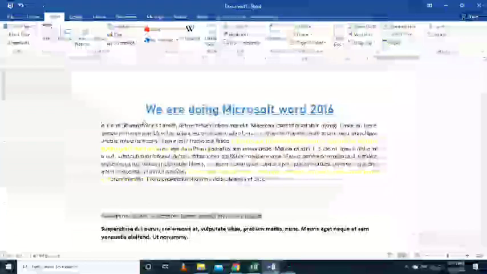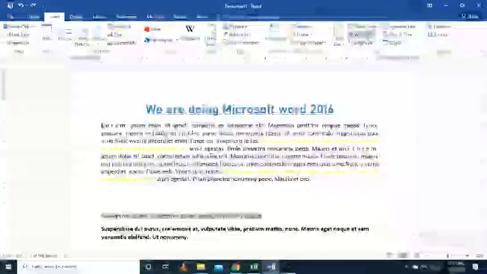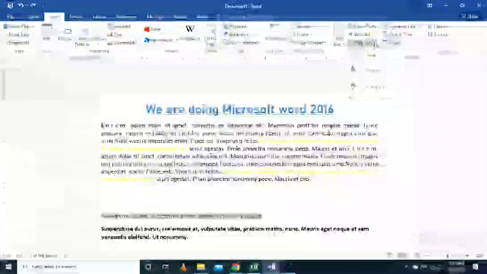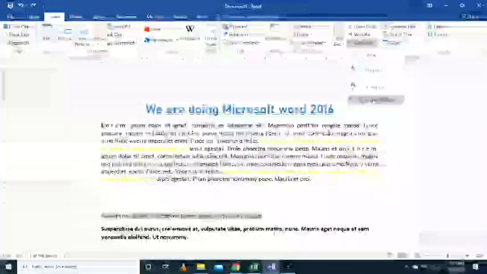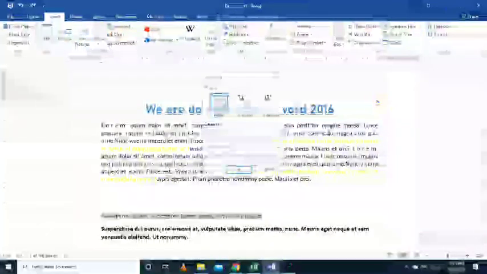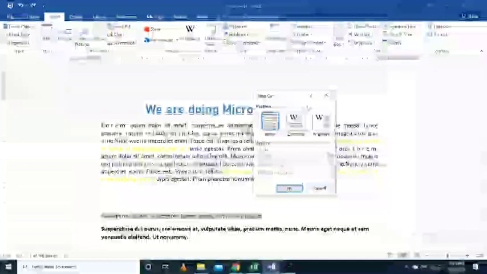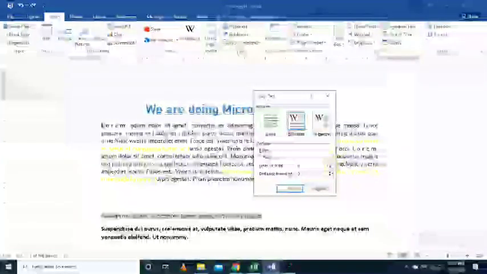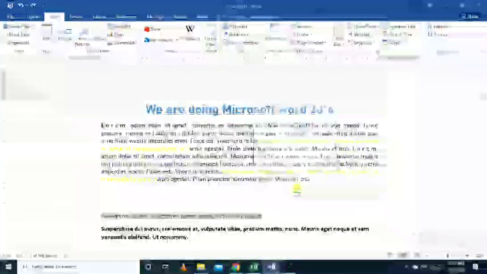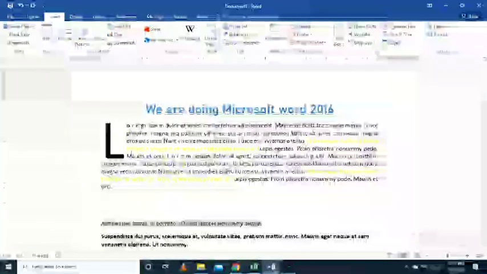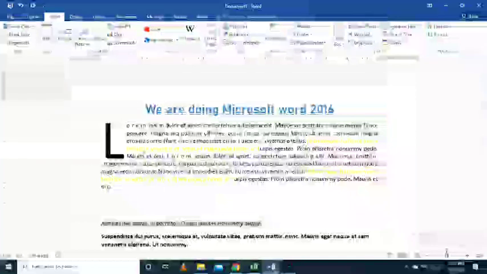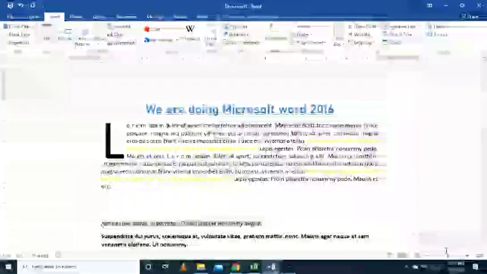But suppose you want to drop more than 3 lines, click this arrow, then go to the Drop Cap Options. Select the Dropped option here, and how many lines you want to drop, you can select from here. Let's say I want to drop 5 lines. Click OK. It is dropping 5 lines, 1 2 3 4 5, like that. This is drop cap.